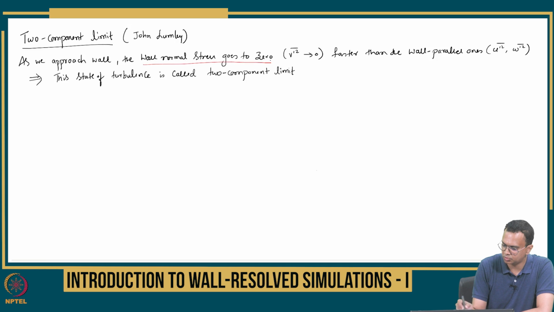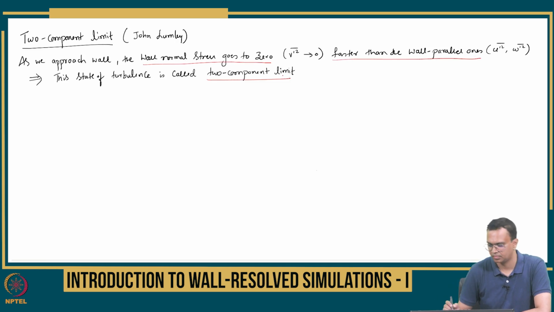Wall normal stress goes to 0 faster than the wall parallel. All right. So this particular thing happens in two different ways, and before that we will see how general this is, because if you want to model this, you need to make sure that this is occurring for all types of flows where a boundary layer is present, a wall is present, and this is true. Exception for this can be where you have stratification or Coriolis force. Okay, so this occurs,